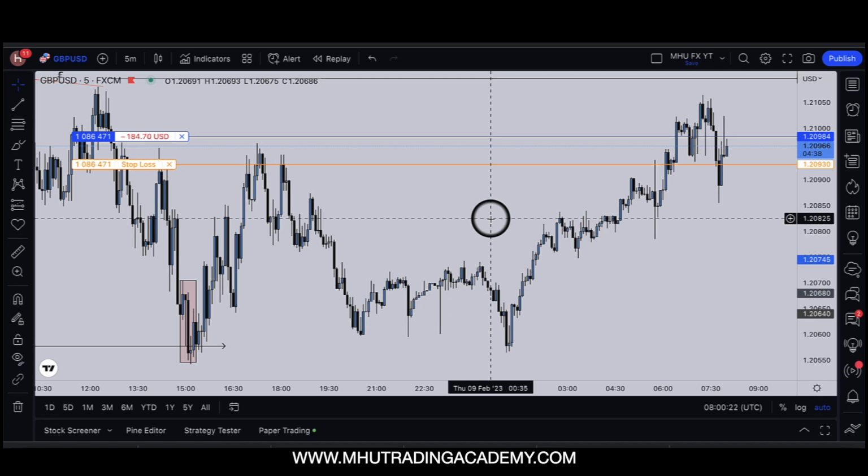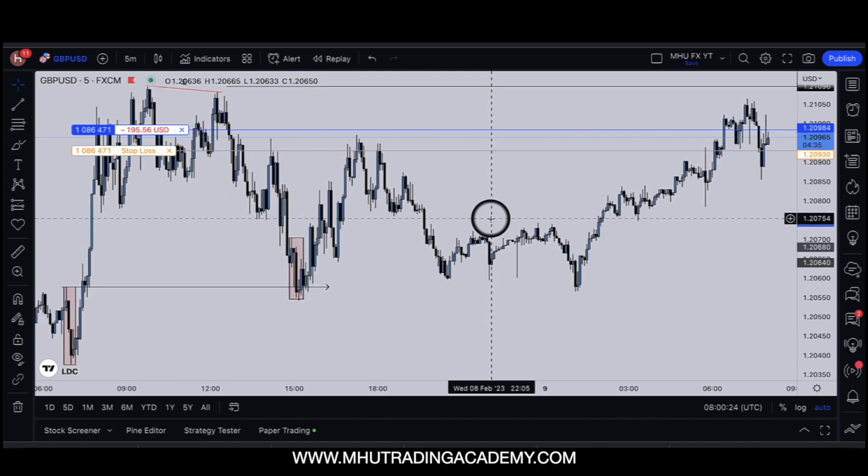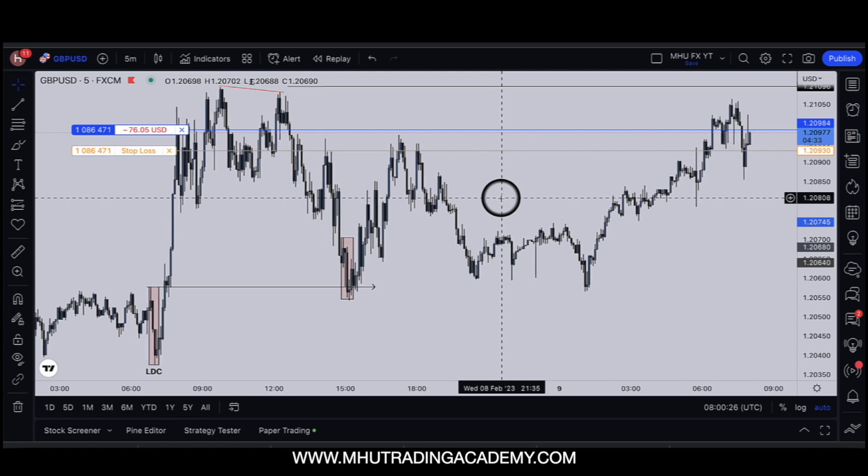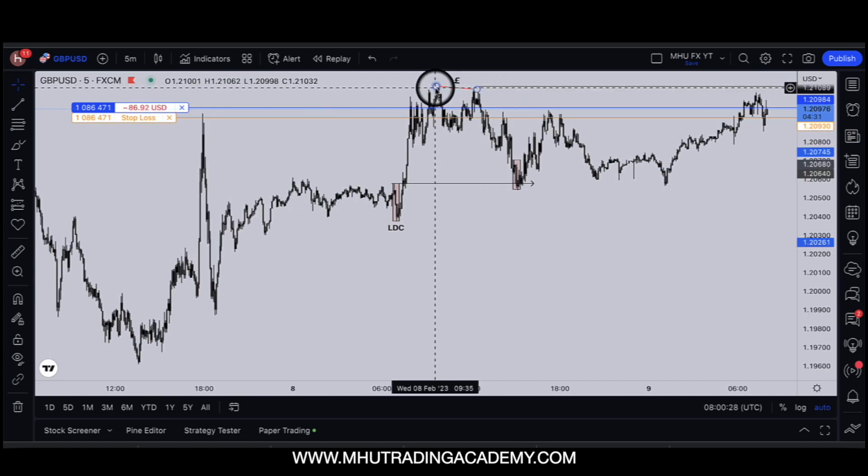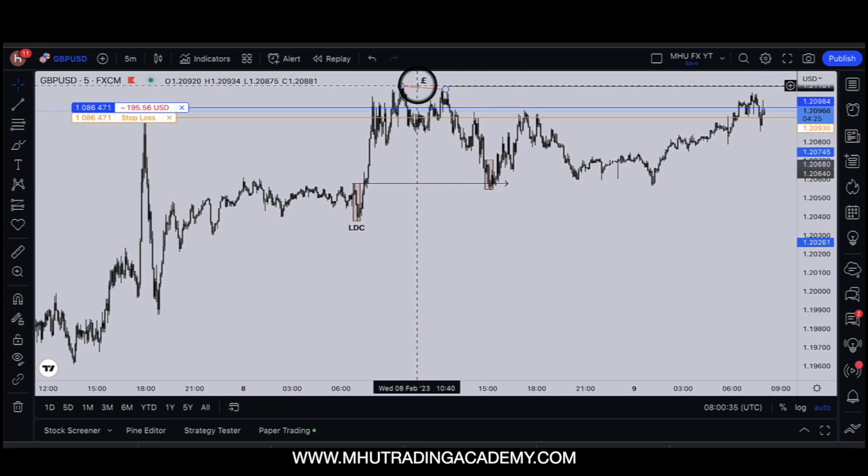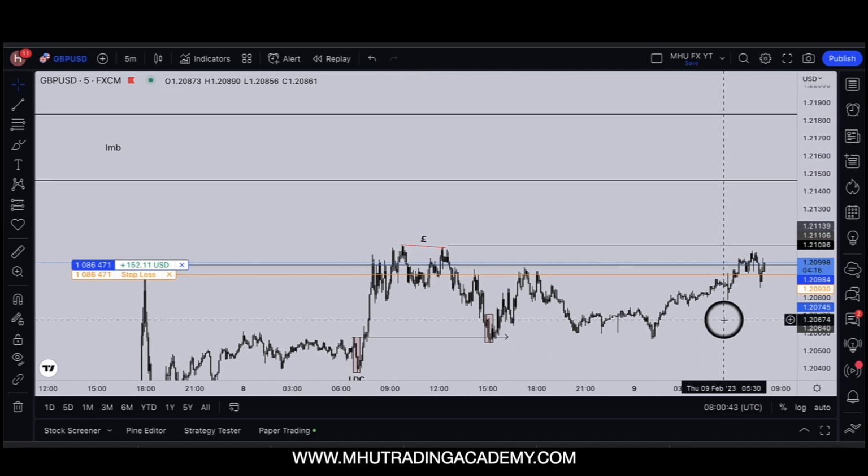I've just gone in for a trade on GBPUSD. It's literally the London session right now, and this is what I'm looking at. You see these relative equal highs, roughly about 1.2110. This is where I'm looking to target. This is my initial place for taking profit, and then I'm going to look to take the rest at this